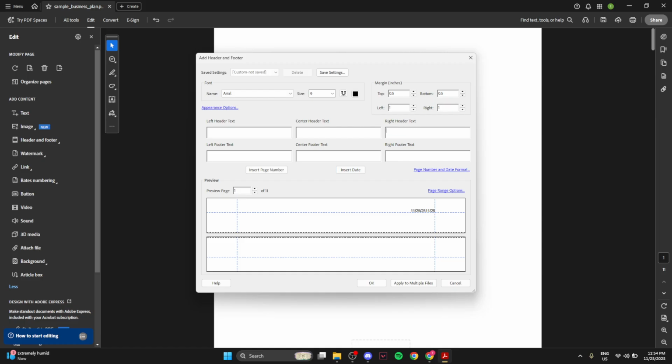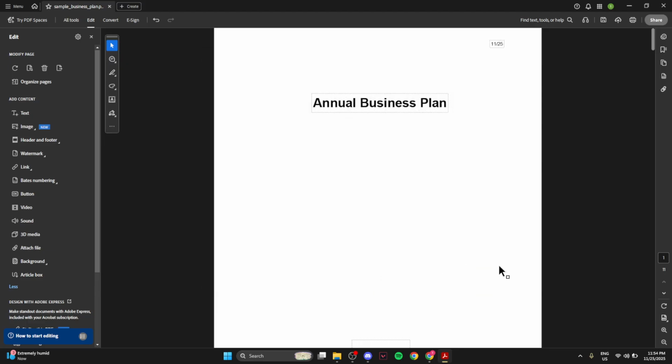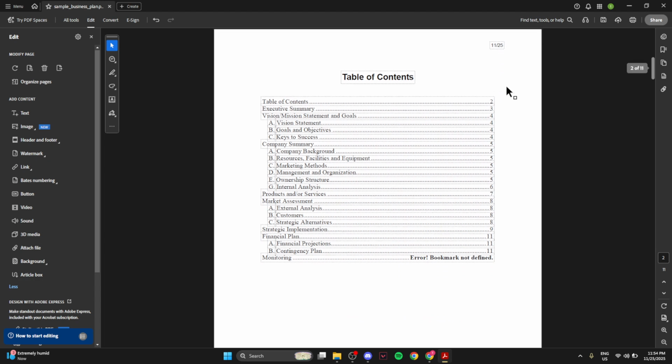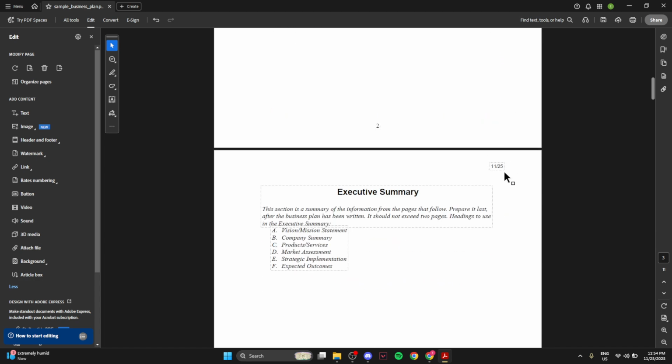Once you're satisfied with how everything looks, the final step is to save your modifications. Hit File and then Save from the top menu to ensure all your changes are stored. This will ensure your newly added headers and footers are permanently part of the PDF, ready for distribution or further use. By following these steps, you'll have successfully added headers and footers to your PDF, making it more professional and